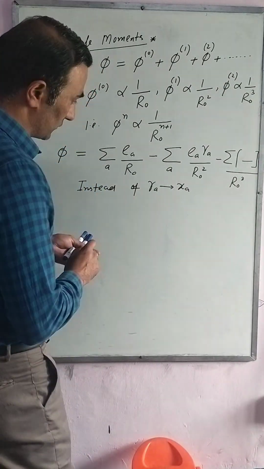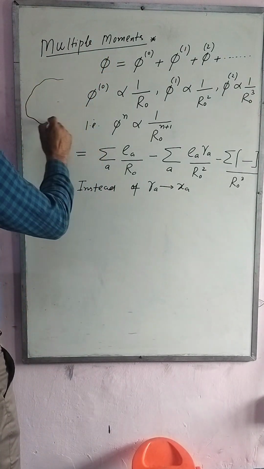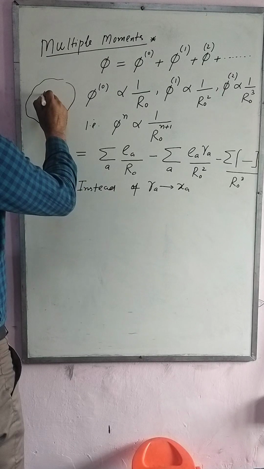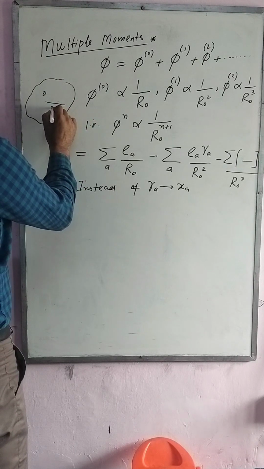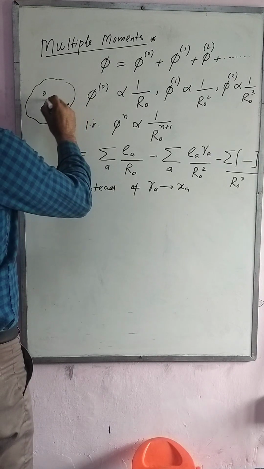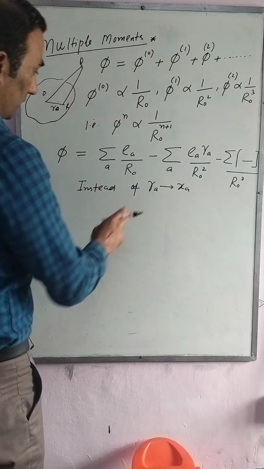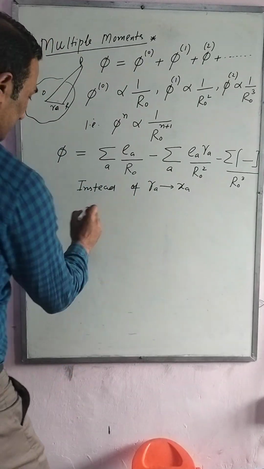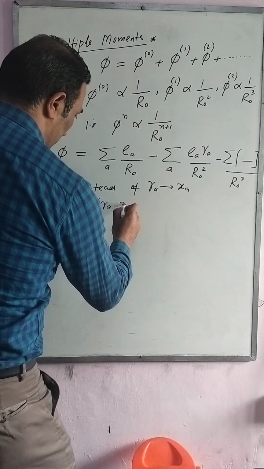That means we have this charge distribution in the system, and this is the origin of that charge distribution. You are taking some point which is at a distance of RA, right? And you want to calculate the field at this point. So you are saying that if this RA tends to x, you can then expand this term, RA minus x,